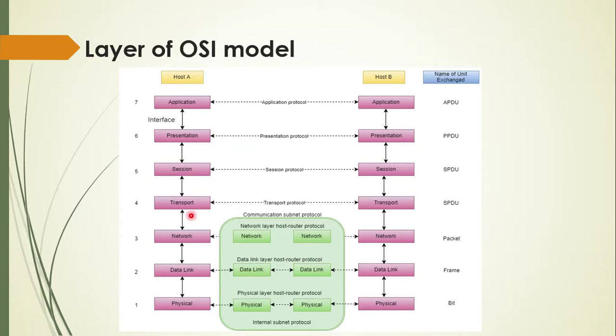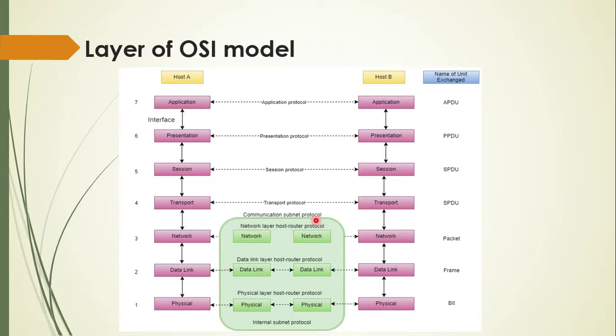Okay, transport layer transforms the data. After that, the transport layer sends data to the network layer. At the network layer, data is in packet form; information is stored in packets. The network layer, data link layer and physical layer communicate using communication subnet protocols. See in the diagram, they communicate via communication subnet protocols. A protocol is a set of rules or a set of functions that they have to perform.